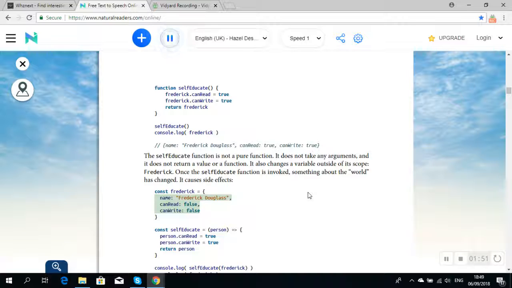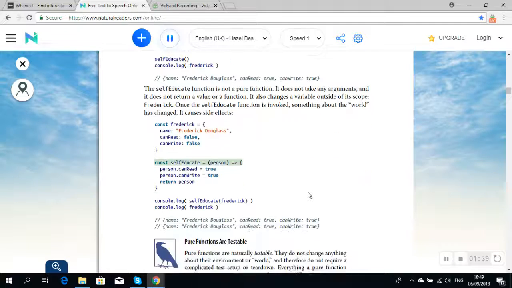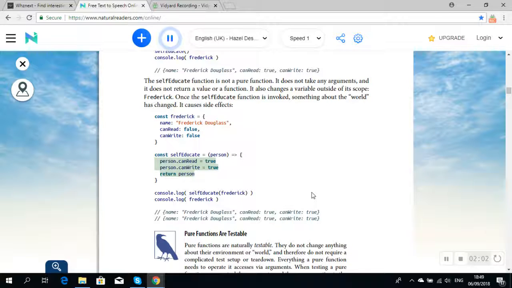const frederick = { name: "Frederick Douglass", canRead: false, canWrite: false }; const selfEducate = person => { person.canRead = true; person.canWrite = true; return person; }; console.log(selfEducate(frederick)); console.log(frederick); // { name: "Frederick Douglass", canRead: true, canWrite: true }